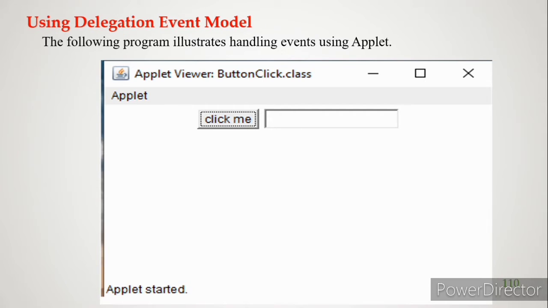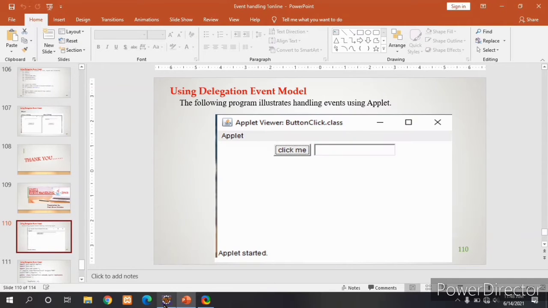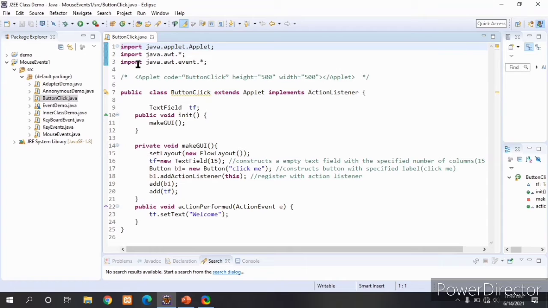Now we will see this program in Eclipse. This is the program, ButtonClick.java. I am writing it to illustrate the handling of events by using an applet. First I am importing java.applet.Applet. Before this, why are we using an applet here? Frames we use to develop